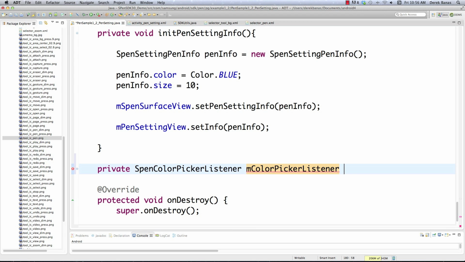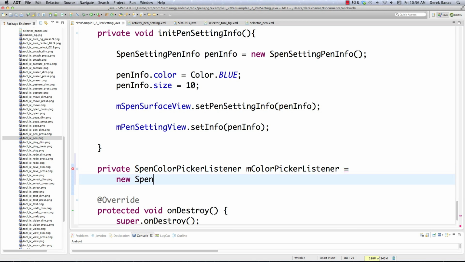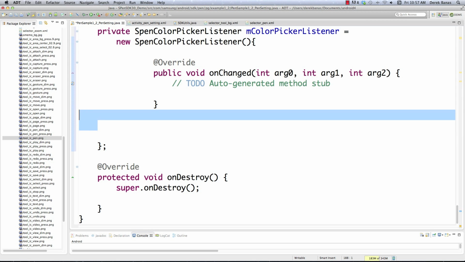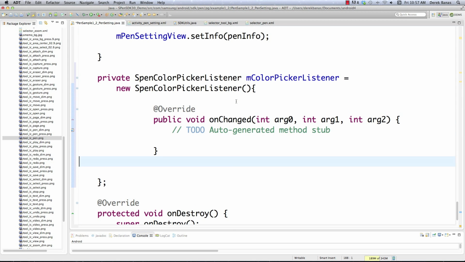Paste that in there and define everything inside of here. New, do this inline, color picker listener, throw in a semicolon. It's going to say, hey, you need to add some unimplemented methods. Do that. Basically, what are we going to do whenever the color or in general any of the settings are